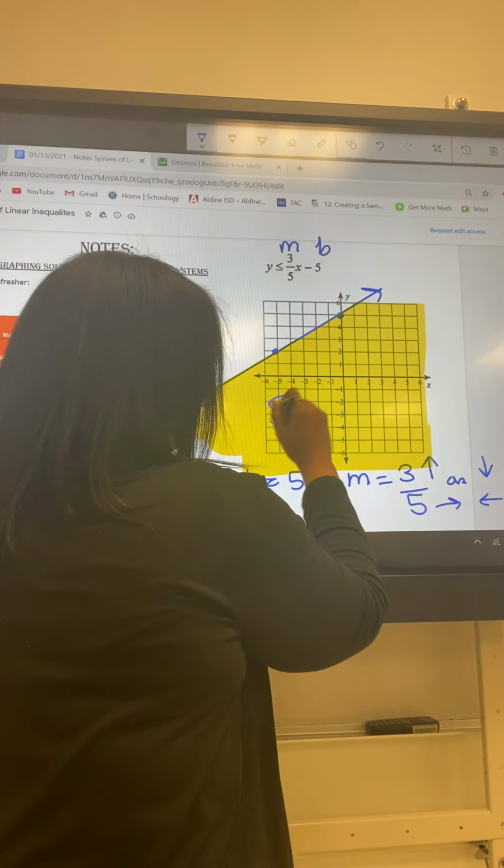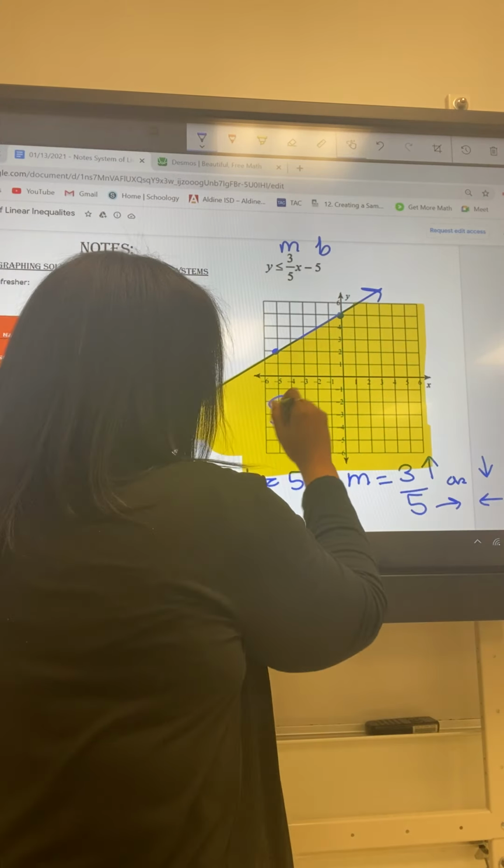And then remember, we can go in both directions. I'm going to go down 1, back 2. And that's going to give me the line. Then we need to decide when we connect these, are we going to connect them with a solid or a dashed line? And are we going to shade above or below? Right? So looking at my symbol